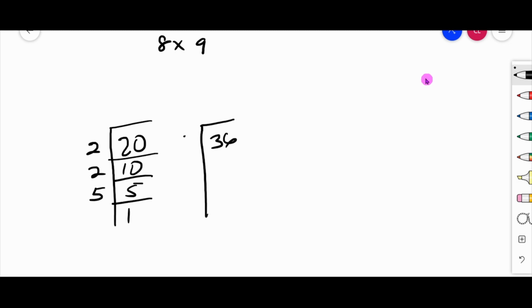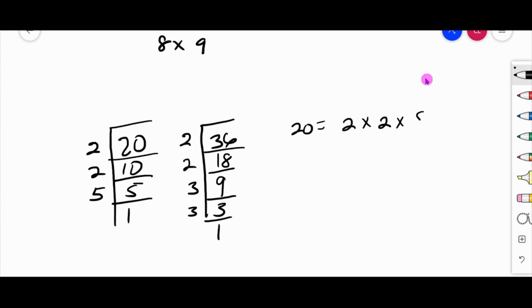Then 36: 2 into 36 goes 18, 2 into 18 goes 9, 3 into 9 goes 3, 3 into 3 is 1. So the prime factors of 20 would be 2 times 2 times 5. Prime factors of 36 would be 2 times 2 times 3 times 3. And we're going to look for what is